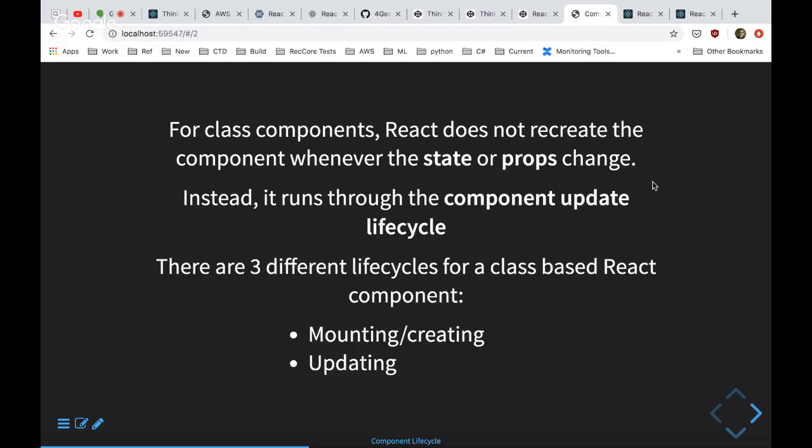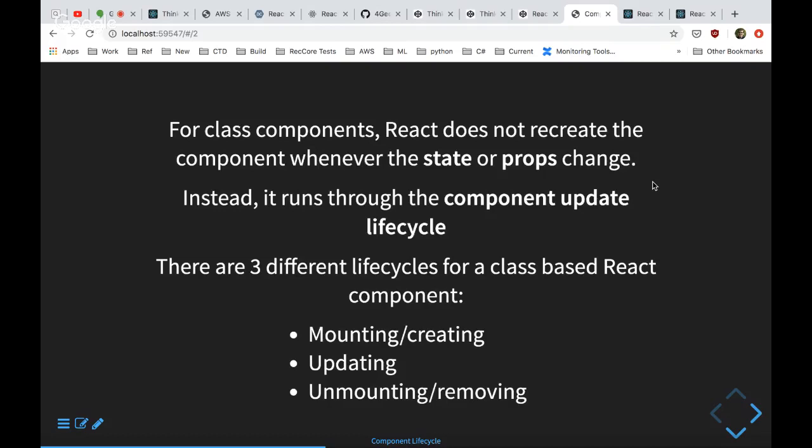If the props or the state change, then that component is going to be in that updating state, and it's going to re-render itself. And then you've got this third state that we haven't had to worry about too much so far, but it's really important for building out large React applications where you're adding components and removing them and changing what's visible on the screen. And that's the unmounting or removing state of a component.